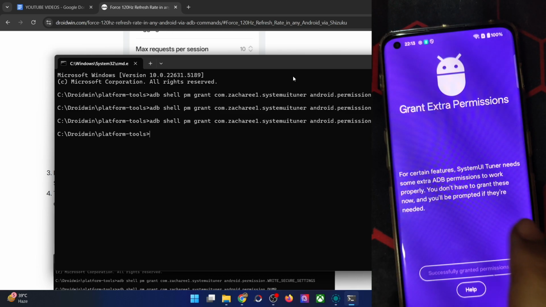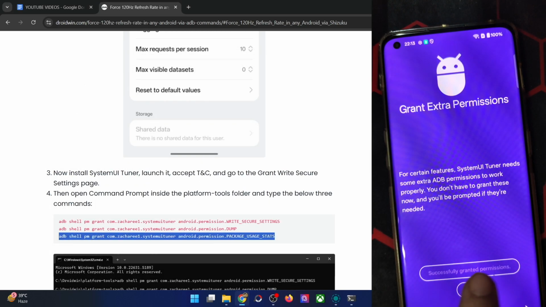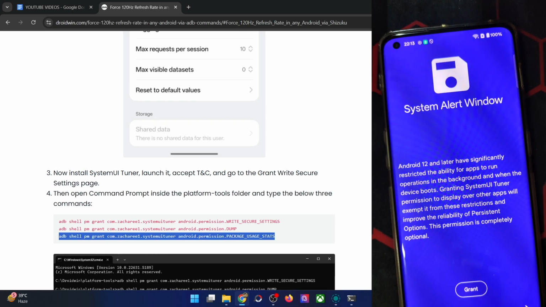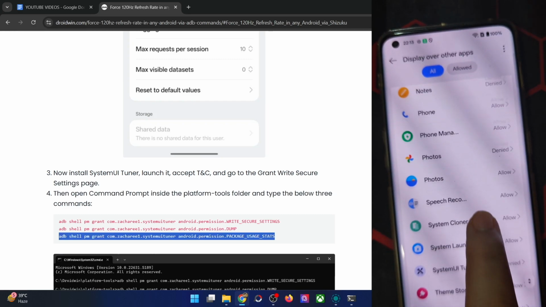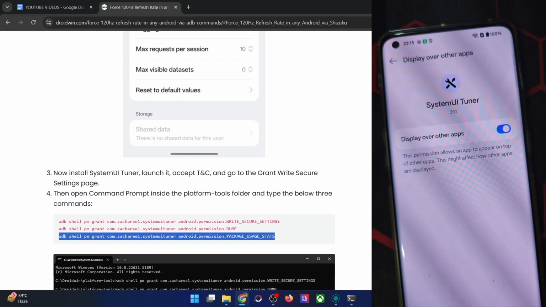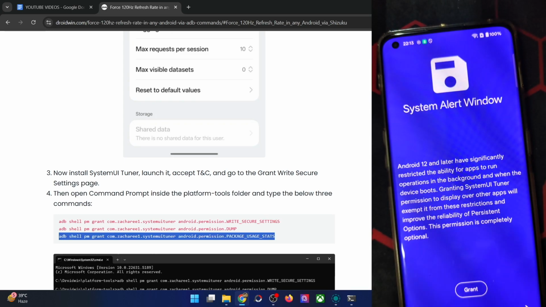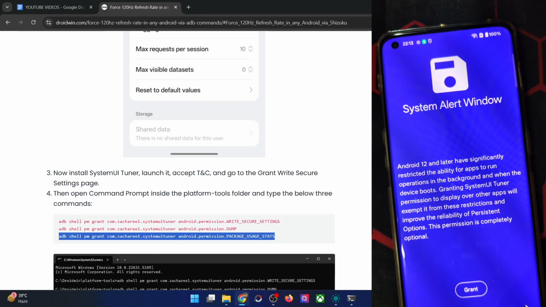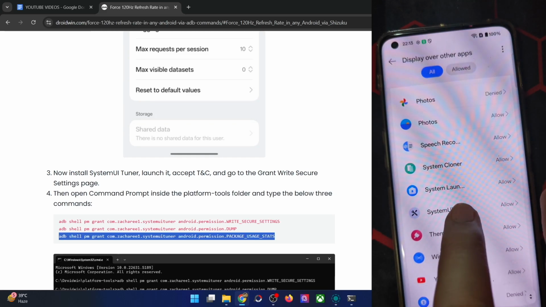This is very important. For ADB to work, you will have to give it these 3 permissions. Once you have done that, hit the next button, and you will see that it has got the permission. Now go to the next step, system alert window, tap on grant, give it from here, and this is for the UI Tuner app. Go there and enable the toggle. Now there is a UI bug with this. Even if you enable the toggle, it still shows as grant. There is no change in that, so it's not a cause for concern, simply skip that. Just verify that you have already enabled it here, as you can see.